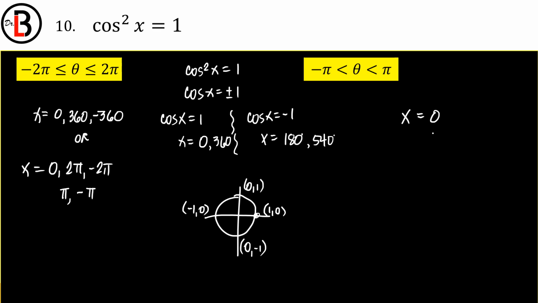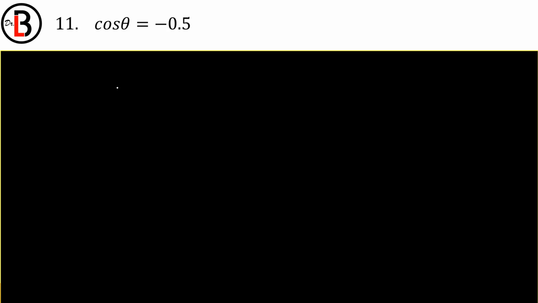And then 180 and negative 180. Or I can say 0, pi, and negative pi would be the only answer for the right side. The left side would have more options. I've given this to you, but now I made it decimal. So I can say, if you want, you can make it negative 1/2. And then here, cosine.